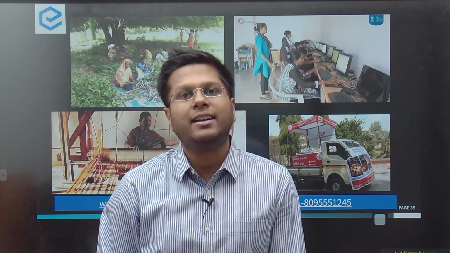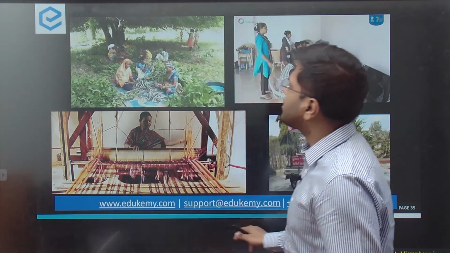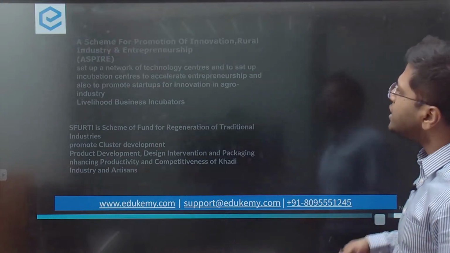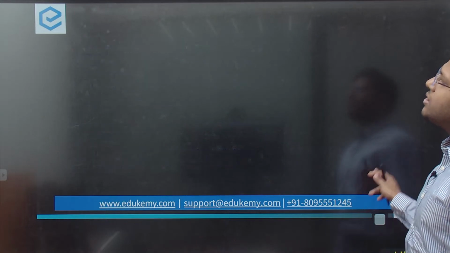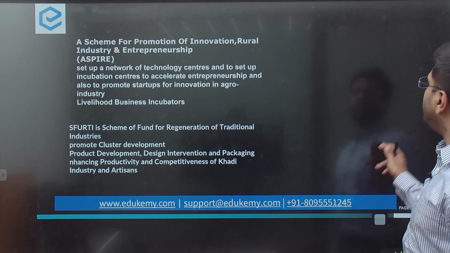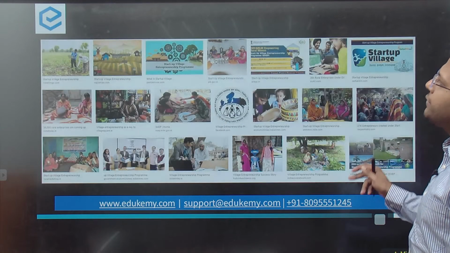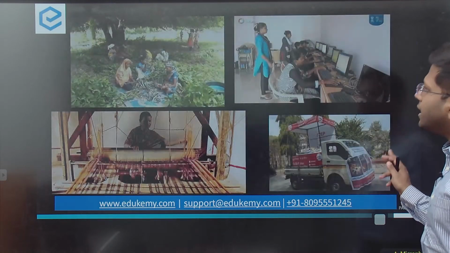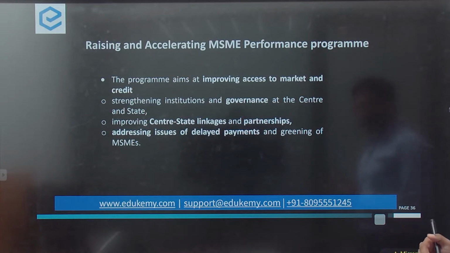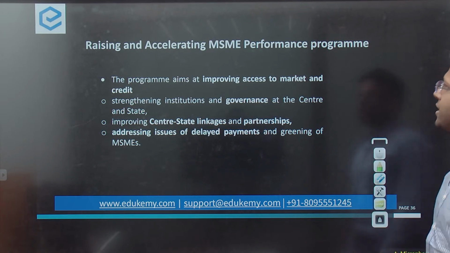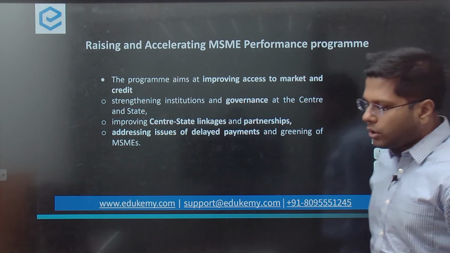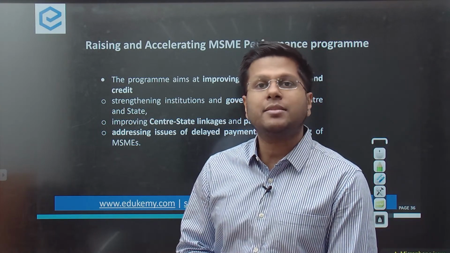And in this regard, this feature news is on the RAM scheme, a scheme to rejuvenate the micro industries in our country. So what this scheme actually means is very relevant for understanding the other schemes as well. This was a part of the budget speech of the finance minister itself, that they would invest in the micro, small and medium industries in multiple ways.